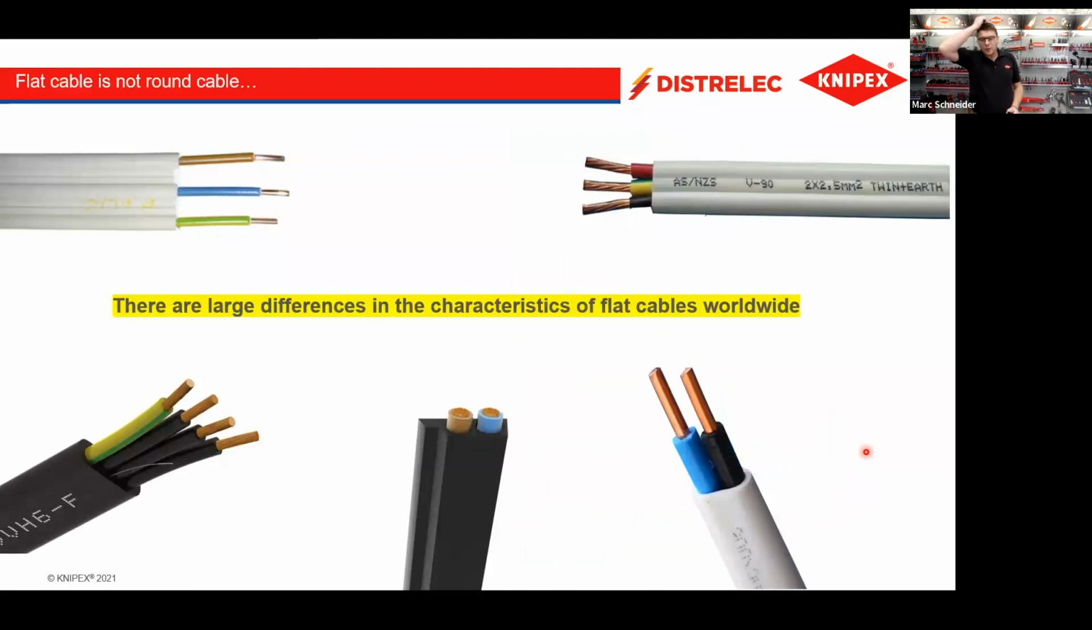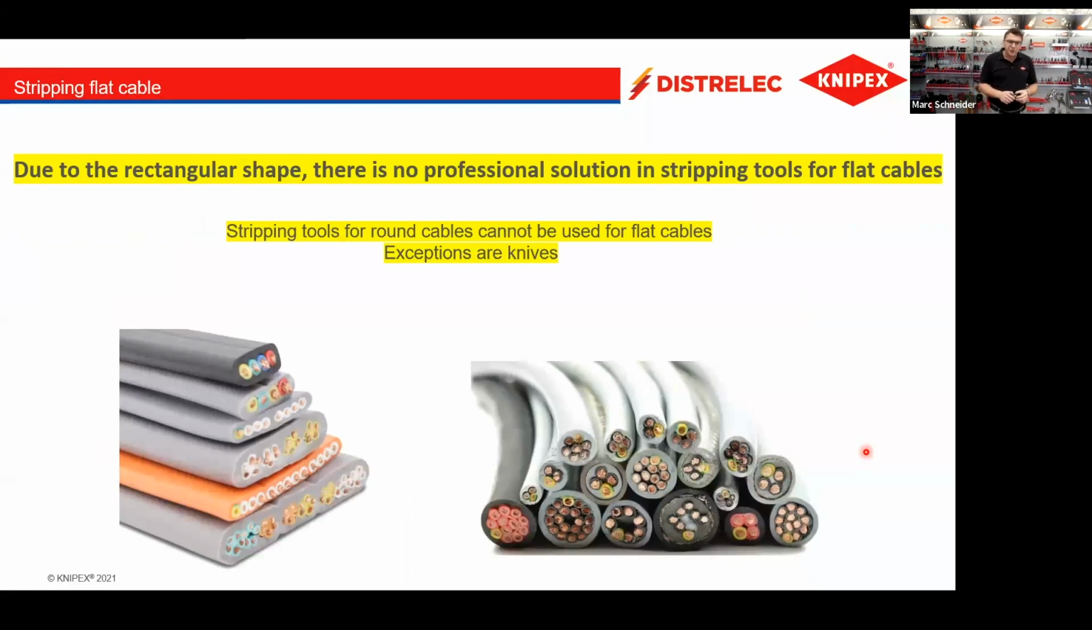A quick note on working with flat cables. In some countries, like Great Britain or some East European countries like Poland and Hungary, flat cables are used in building construction. But these flat cables can be very different from country to country. Due to the rectangular shape, there is no professional solution in stripping tools for flat cables. And important: stripping tools for round cables cannot be used for flat cables. Exceptions are knives,